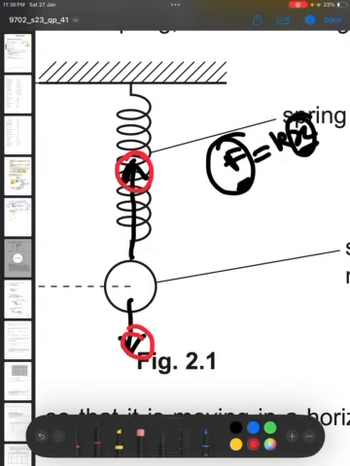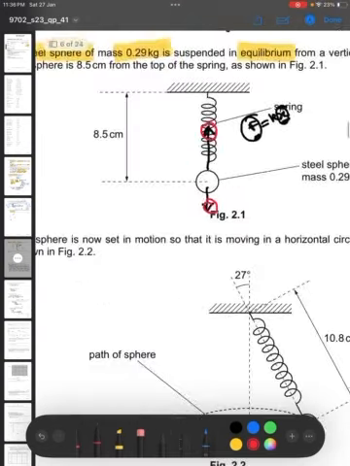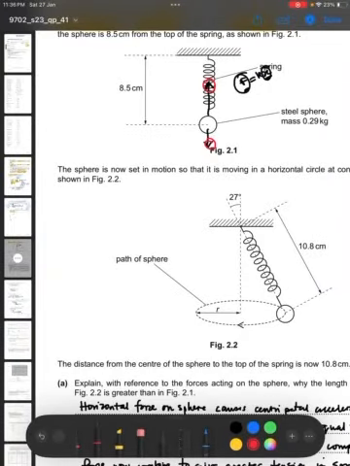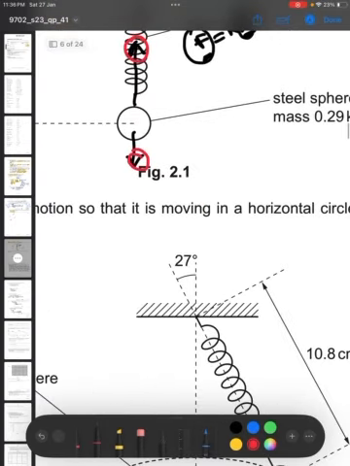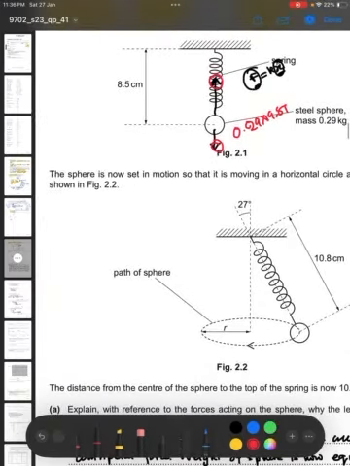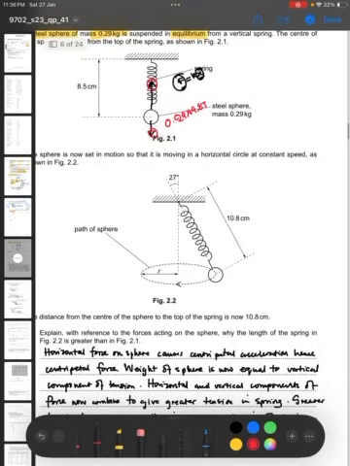I hope I'm clear there. Okay, so we continue. So we now know that the force in the spring has to be 0.29 times 9.81, because that is the force that is balancing out the weight. The sphere is now set into motion so that it is moving in a horizontal circle at